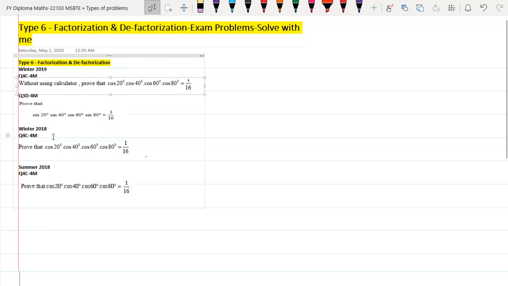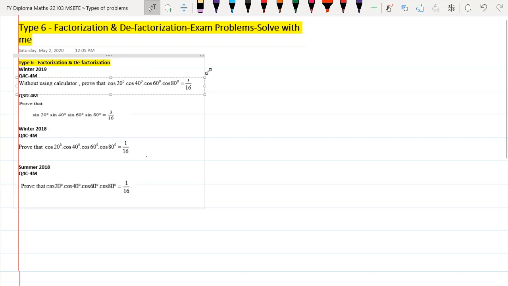and then in the next video I'll talk about all the factorization problems. Typically, like I said in the previous video, two questions come in each question paper, roughly 4 marks each, and normally one of them is for defactorization. And these are the problems. If you see here, for the last 2 years of question papers, summer and winter, the problems are pretty